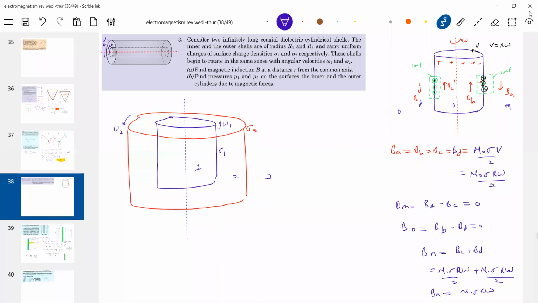Now what about the field at 1? The wall will contribute. I want you to apply what I discussed. You can't derive again, sir? Once again, I'll derive it. You should take help of this idea now. Field at 1 by superposition: due to this sheet, mu naught sigma 1 r1 omega 1. Due to this sheet, mu naught sigma 2 r2. What are the radii? r1, r2 are the radii.